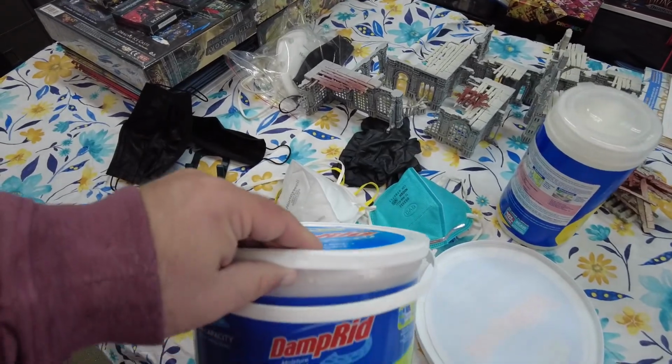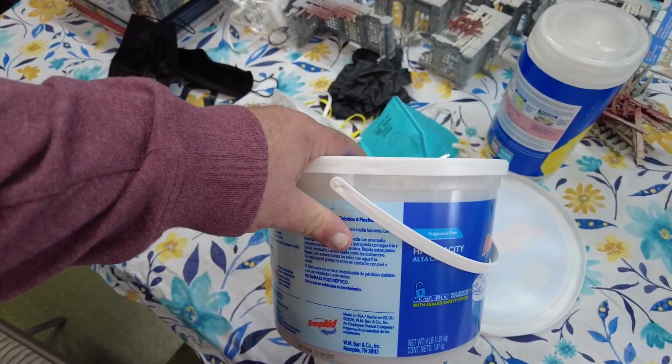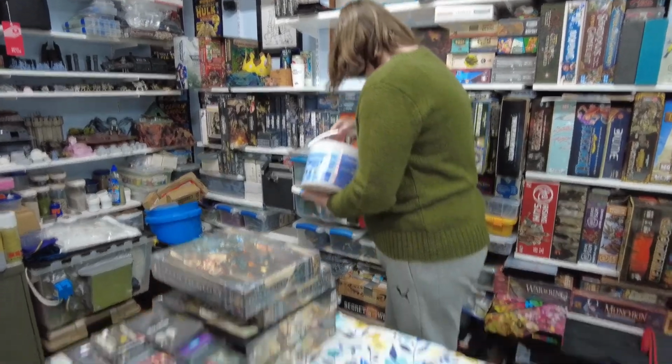This high-tech seal plastic keeps it from getting moisture? Yep. That's a bunch of crap. Well, I can feel that it's already gotten some moisture. Right, just sitting here with the lid on. Yeah. That's a pretty